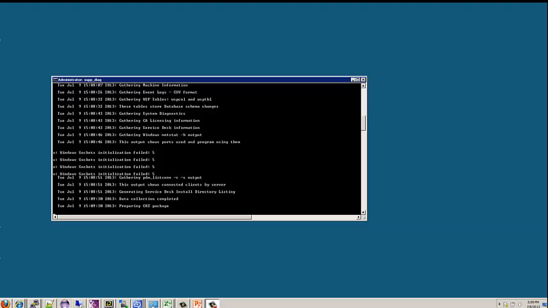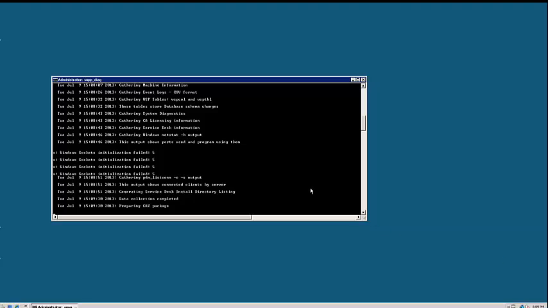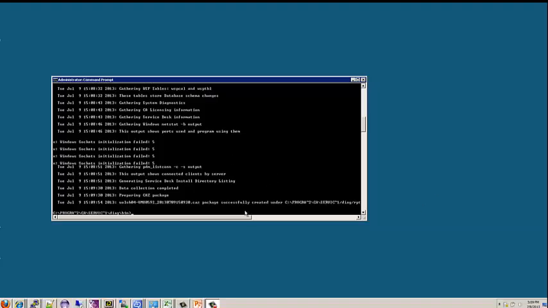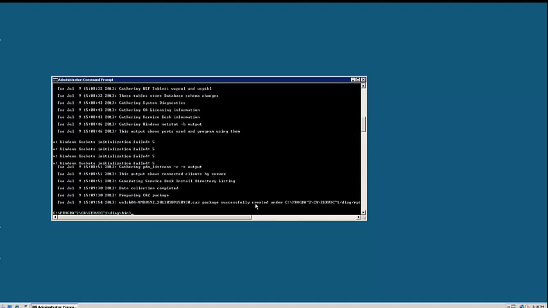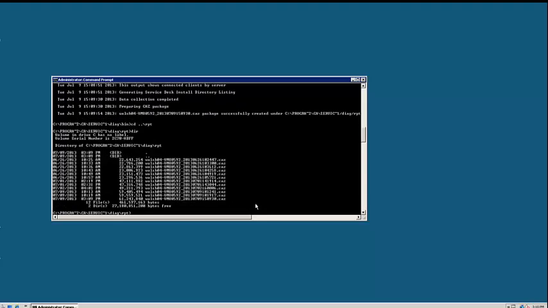And here we get to the final stage, which is preparing the CAZ archive. This is a CA native archive utility. If this was run on a Unix or Linux environment, we would have a tar file generated instead. And here we see that it's completed. We have the name of the file, and it gives us the location of where to find the file as well. It's under the diag rpt folder, so I'll change to that folder. And here you can see I've got the output file that was just run. This can be uploaded to support.ca.com